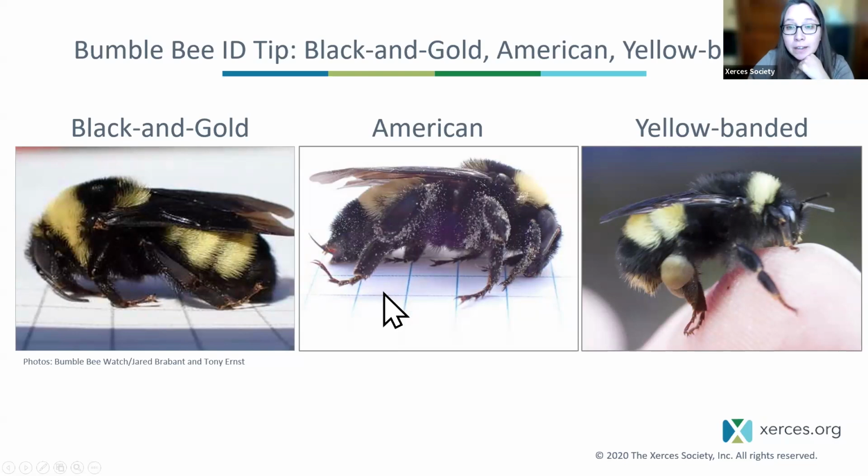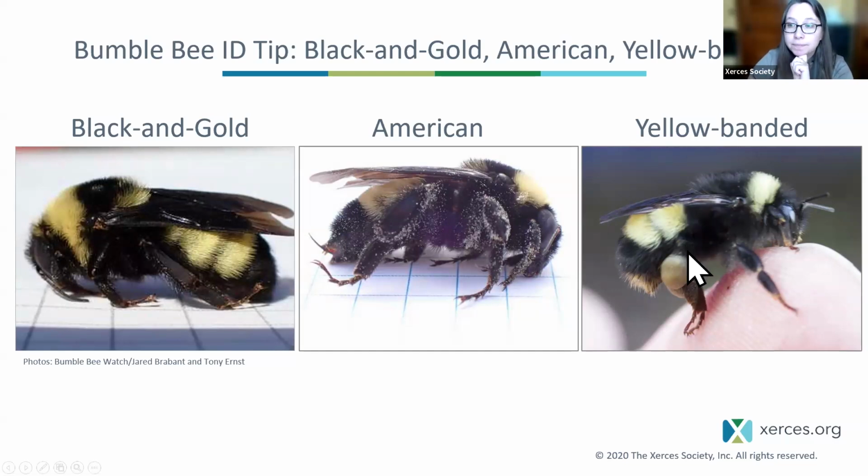You also want to check the color patterning of these species, especially the hairs on the top of the head. So for the black and gold bumblebee, you would expect to see some yellow hairs on the top of the head. For American and yellow-banded, you would not see yellow hairs there. And then you also are going to want to check what's going on on T1. Black and gold bumblebees will often have a black T1, but sometimes they'll have some yellow hairs on T1 at the very sides, and you can see that in this photo. American bumblebees will have that stripe of yellow hairs on T1 at the bottom,